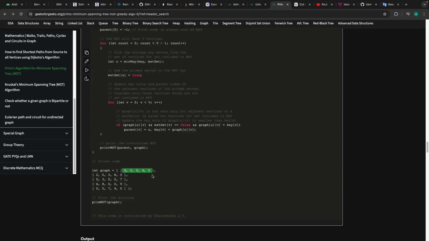Yes or no? For example, index of this item is 0, 1, and 0, 1 has connection with the